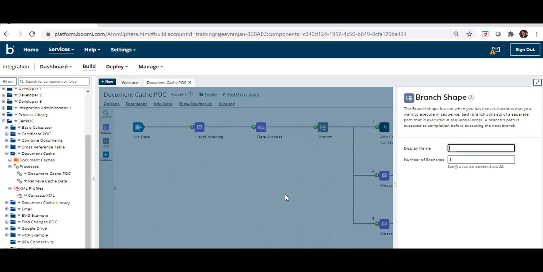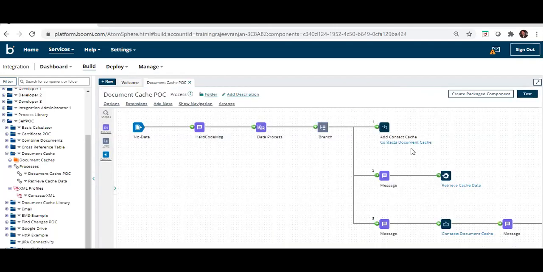When you have a set of data and want to perform multiple types of operations on it, you can use the Branch step, but it executes sequentially. This means a particular path, branch 1, will be fully executed, and only then does it move to branch 2. Otherwise it is not going to move to branch 2. So it is not going to give you parallel processing. Multiple branches are executed, but in sequential order.